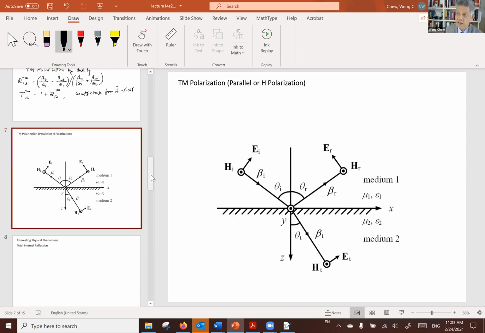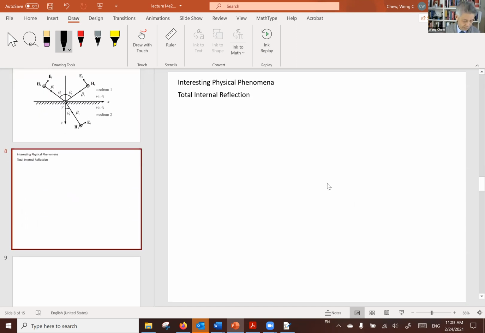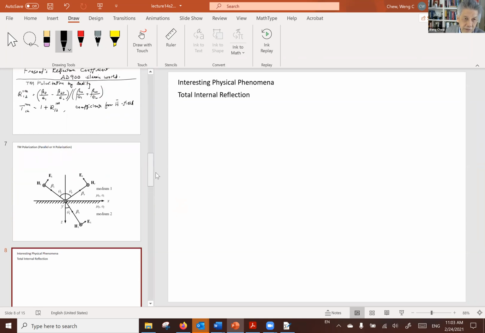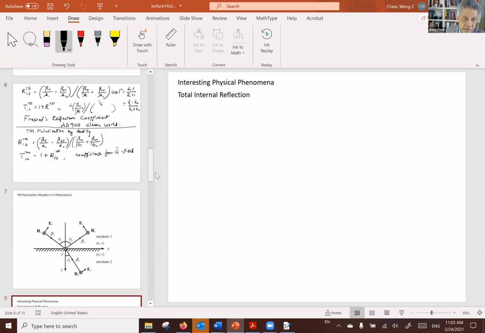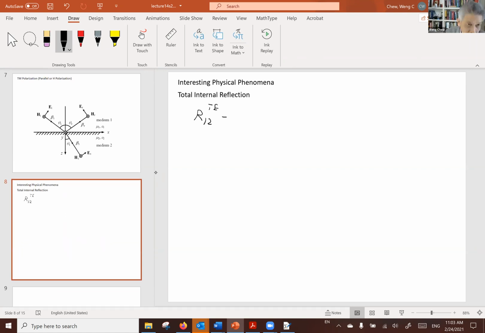Okay, if there are no questions, then I would like to see what kind of interesting physical phenomena we can get out of this. And the first one is total internal reflection. Total internal reflection happens when the wave is totally reflected. Okay, and if I just look at R12TE, for instance, R12TE will be given by